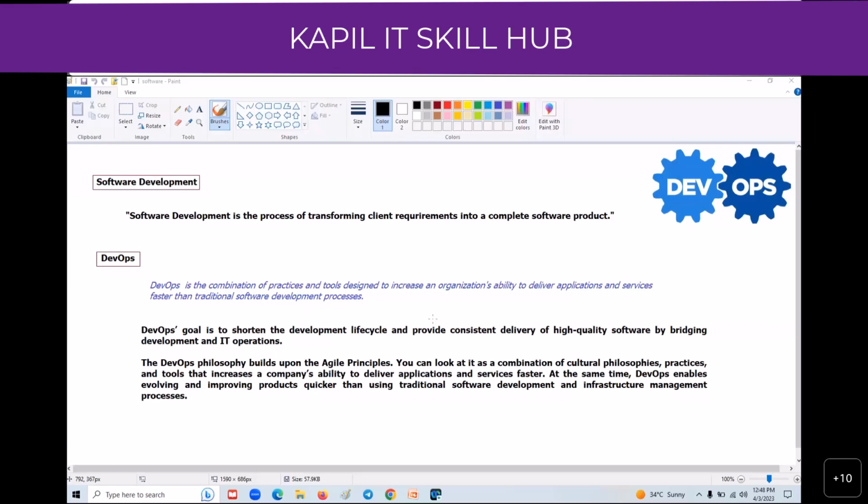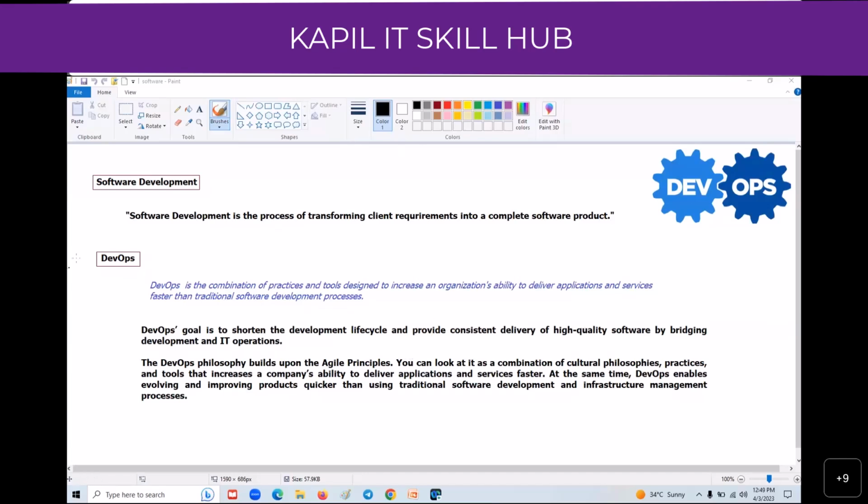That is why the success rate of your project is more than 90% here. That is why clients are willing to give projects to organizations that have a DevOps team. Okay, that is why we have more DevOps opportunities outside. Every organization is recruiting people who have the skill set of DevOps tools.